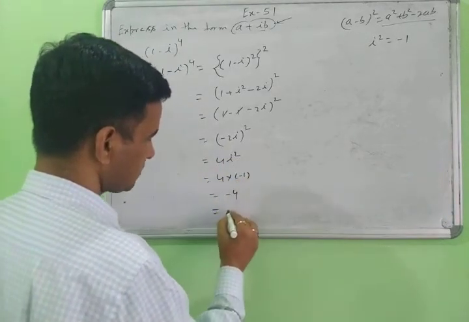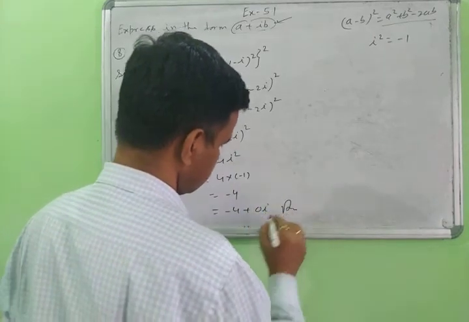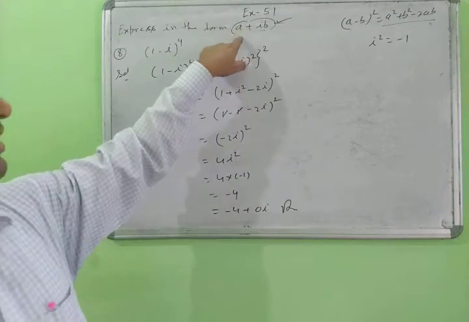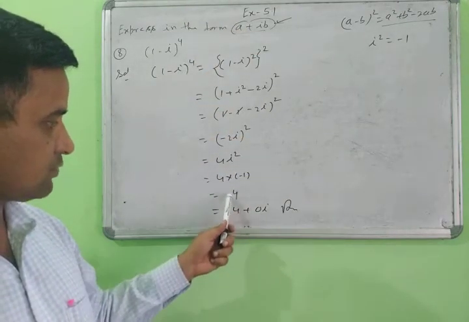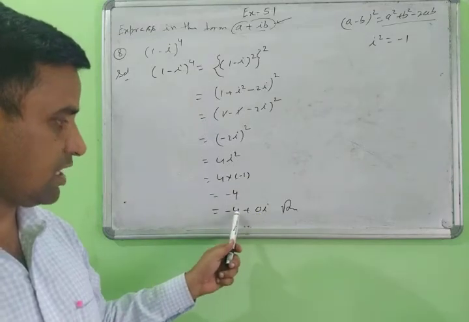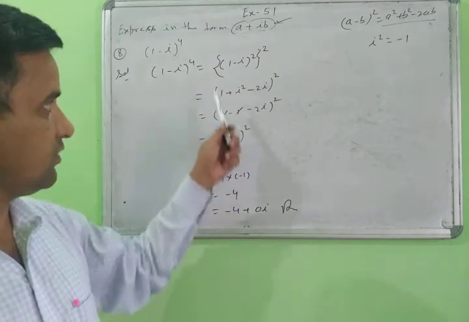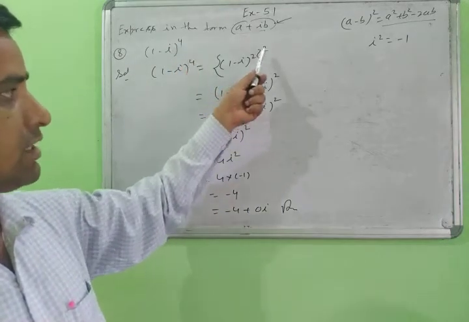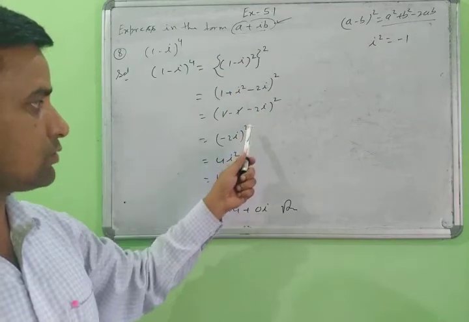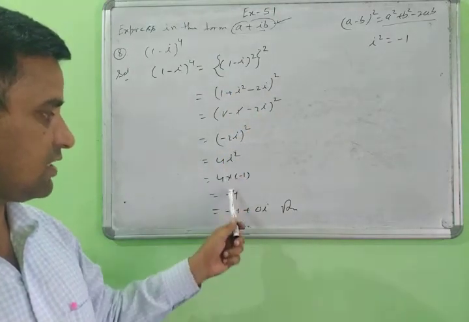You write the complex form: minus 4 plus 0 iota. This is your answer, because you write the answer in complex number form. Then you have minus 4 and 0. The real part is minus 4, the imaginary part will be 0 iota. Very simple thing. Any power, suppose 8, 16, then you convert in this form, with whole square outside, and convert in the last step. Then you calculate and find the value.